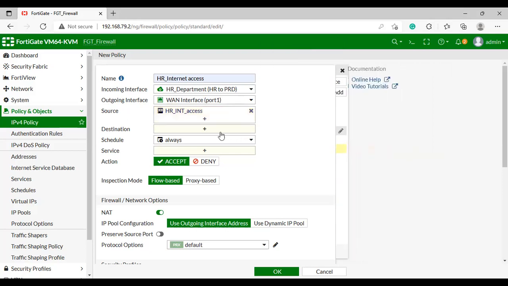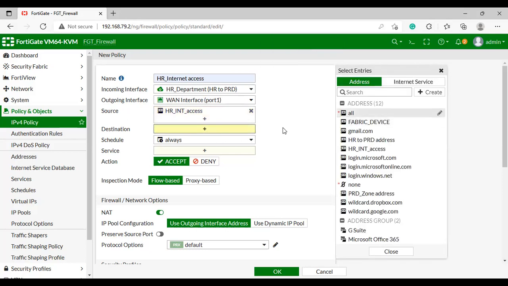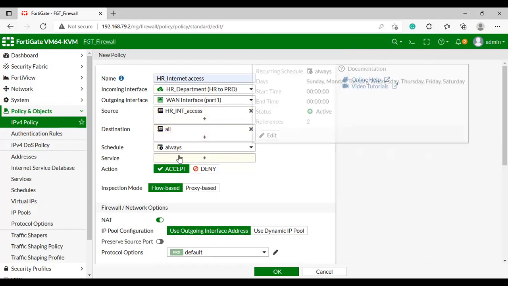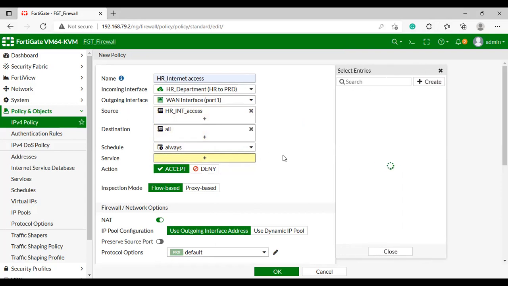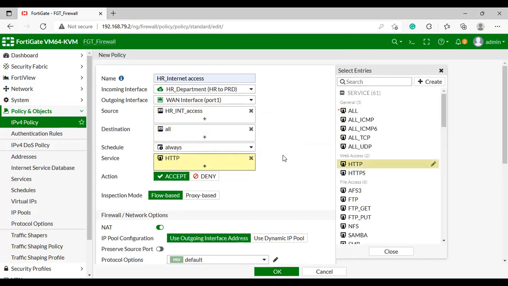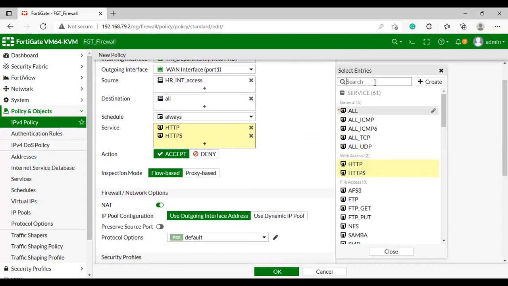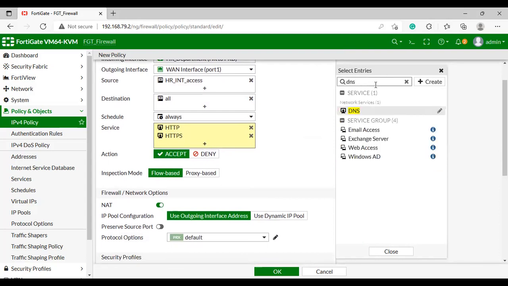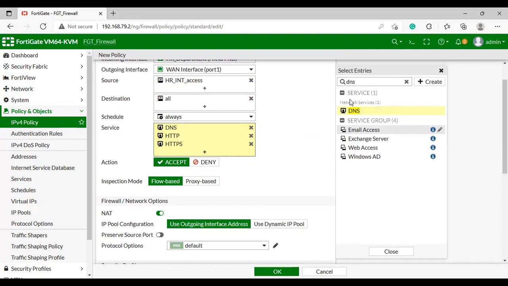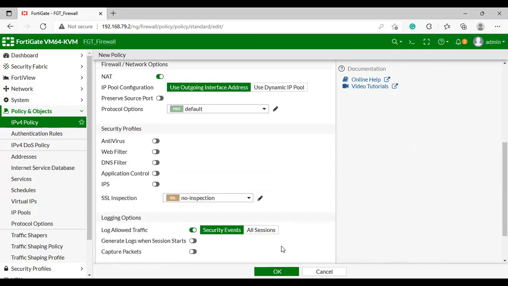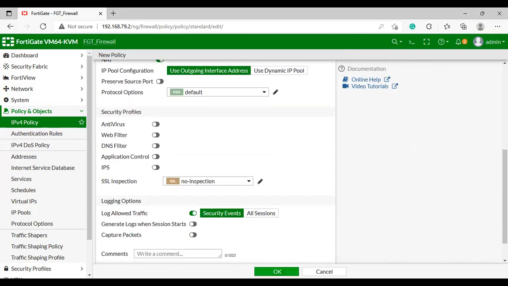Destination address will be all because this user is going to access the internet. Schedule will be always, and for services I am going to provide HTTP, HTTPS, and DNS. Action will be accept, and NAT will be enabled because this user is going to access the internet. So I'm going to click OK.